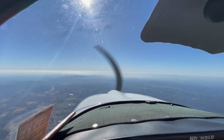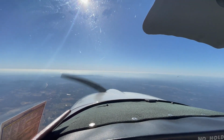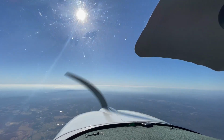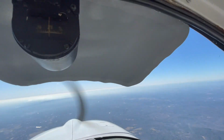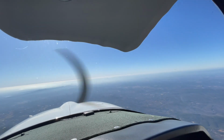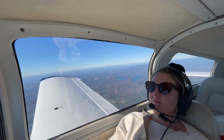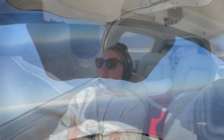One of our must-haves when we're on our cross-country adventures, that sun is bearing down on the windscreen. We've got this SlapShade. Put it up anywhere on the windows that helps block the sun. So Mama here can take a nap,